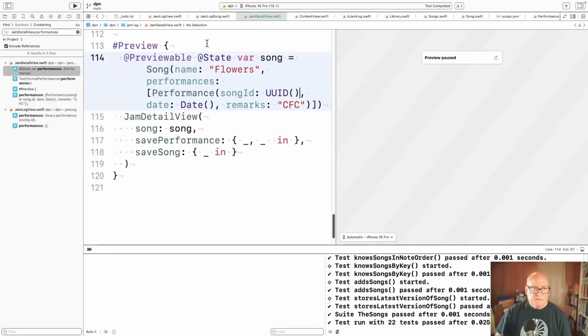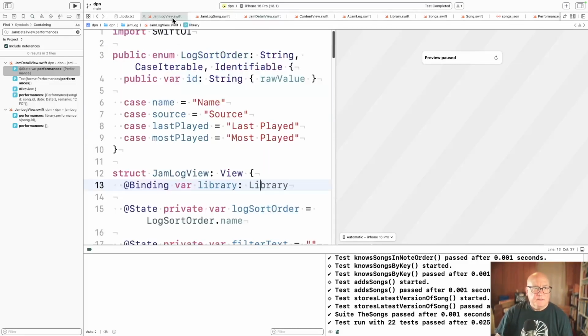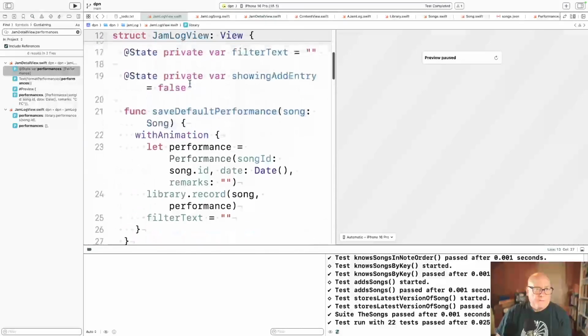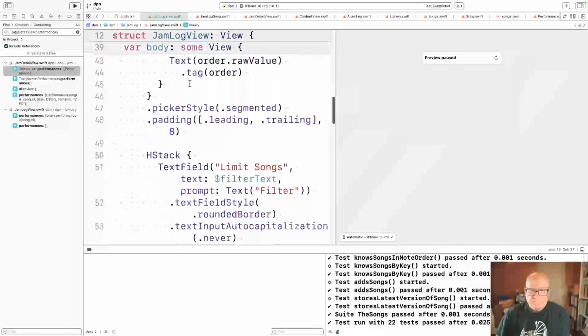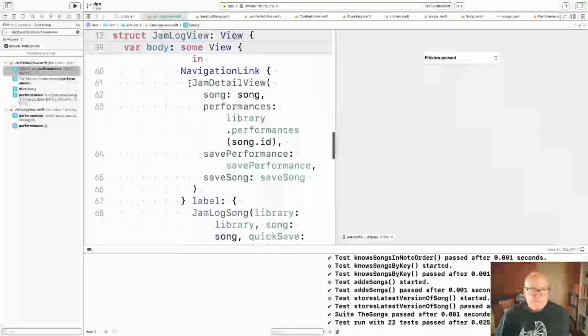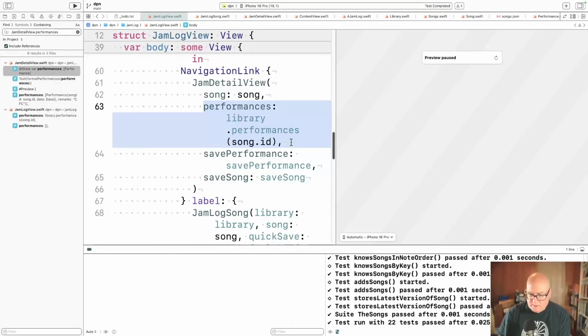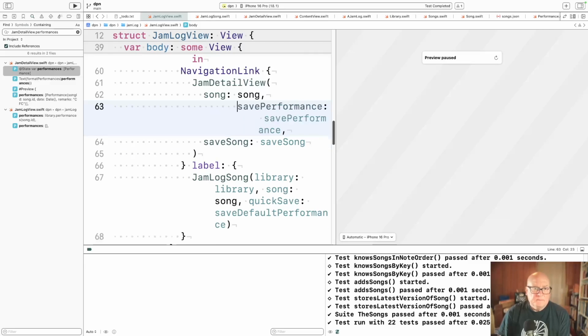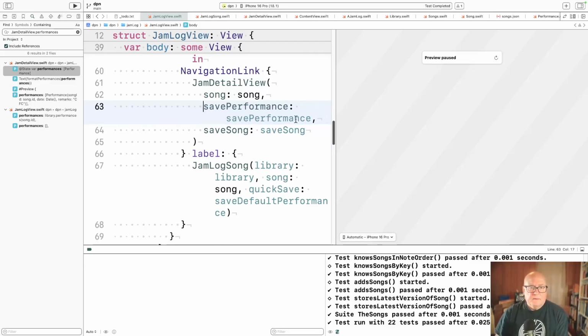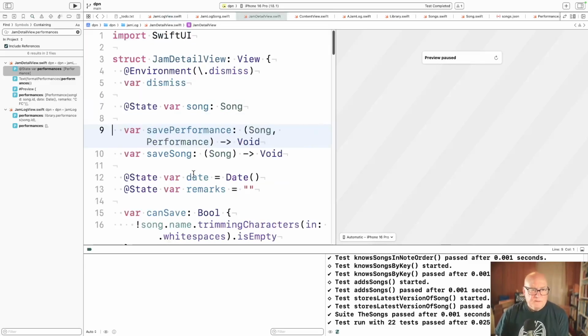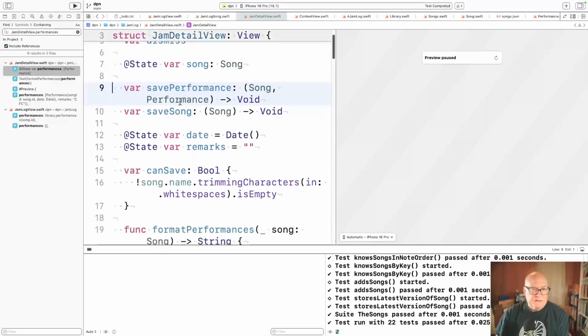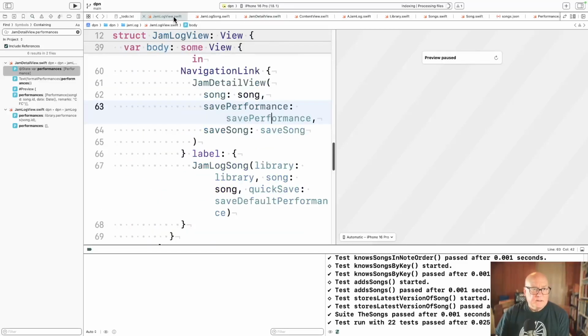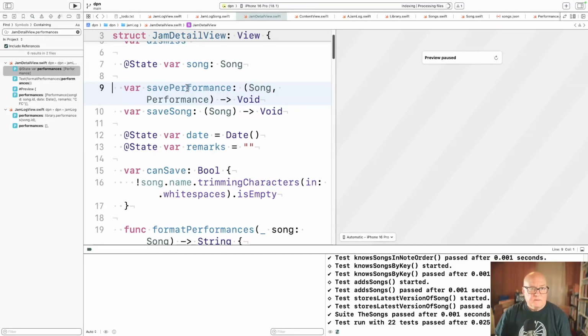Okay, so that should be okay, but then the caller of Jam Detail View should not get performances anymore. Okay, now save performance. It's probably okay because it needs the song and performance, right? Let's see.